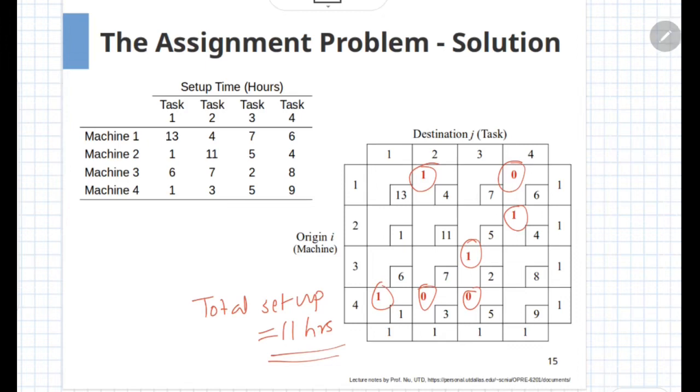Another observation is that the number of basic variables in this case will be equal to 4 plus 4 minus 1, that is equal to 7. So you will see the 7 variables here, and you will note that some of the basic variables have a value of 0. This is known as a case of degenerate solution. In the assignment problem, usually you will find that solutions are degenerate, that is, some of the basic variables have 0 values. This concludes our discussion about the assignment problems.